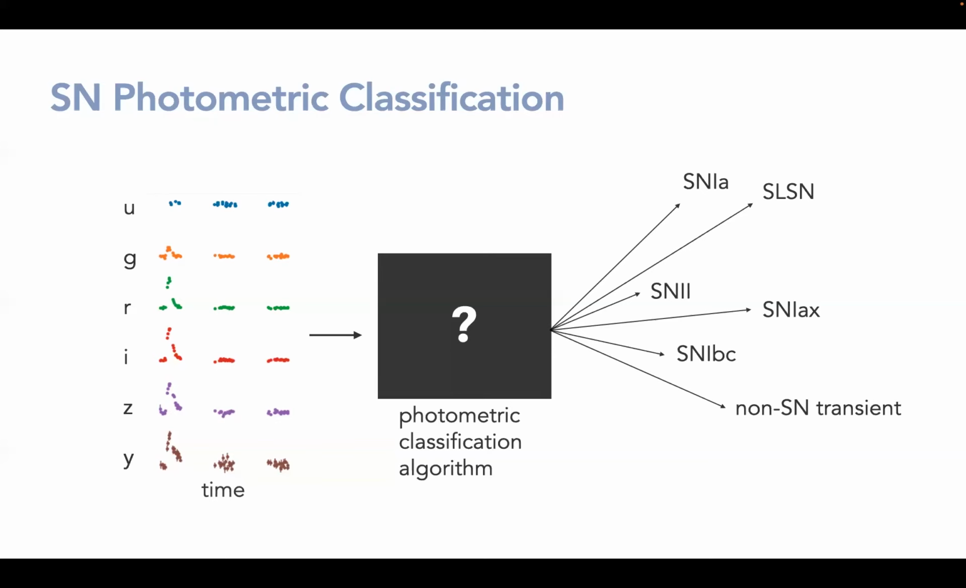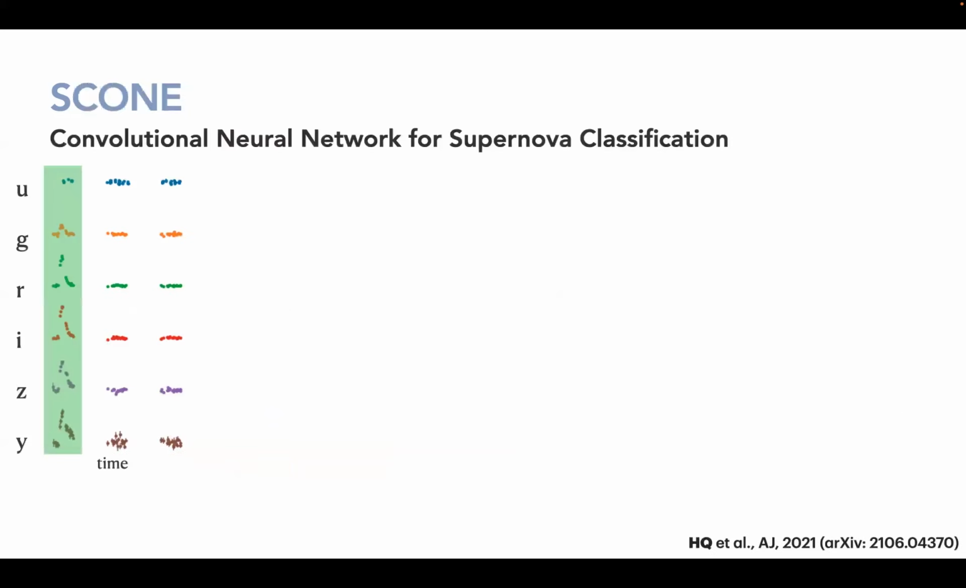It's fine. The left thing is a simulated LSST type 1A supernova light curve in the 6 LSST observing bands. And this photometric classification algorithm is, to an outsider, a black box that eventually, hopefully, spits out something about what types of object you're looking at. Maybe it's a type 1A supernova, maybe it's a superluminous supernova, maybe it's not even a supernova at all. And to this end, my collaborators and I developed something called SCONE, which is a convolutional neural network for supernova